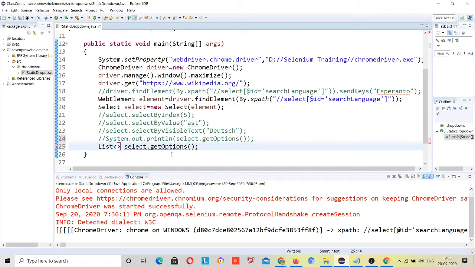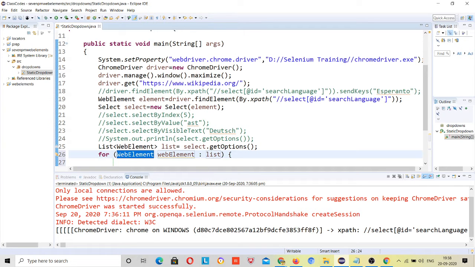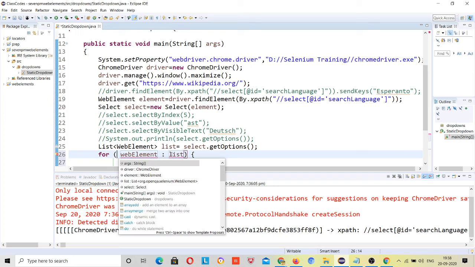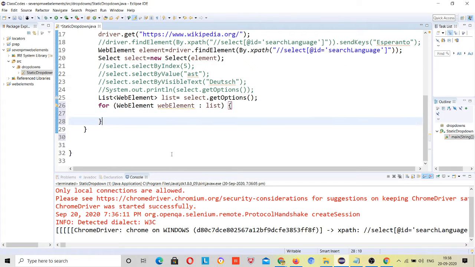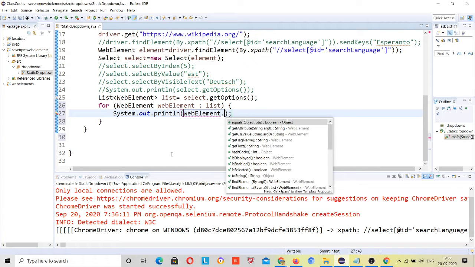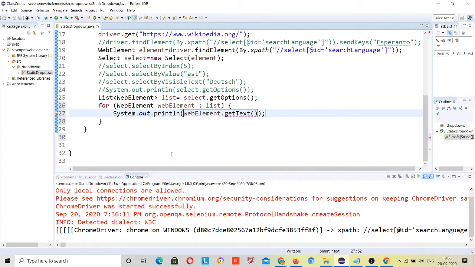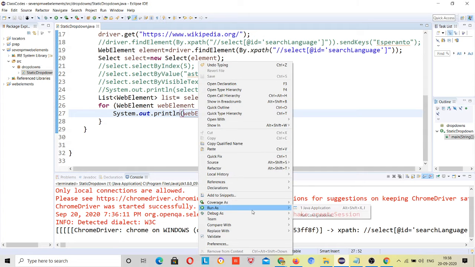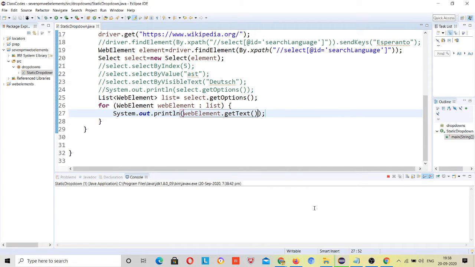And then web element, and then use list. Now you can use a for each loop for printing all: sys out web element dot get text, right? Now it will print all your drop down values.